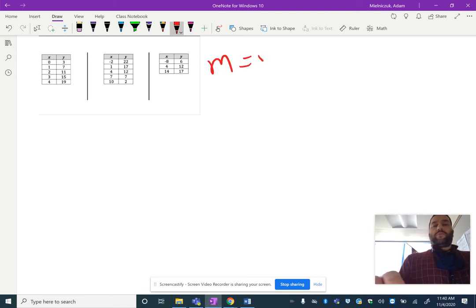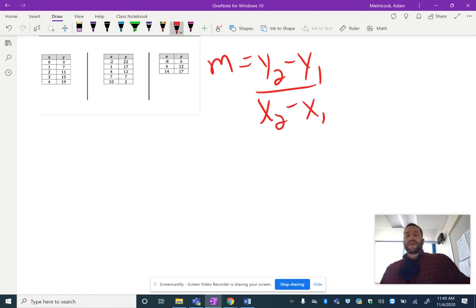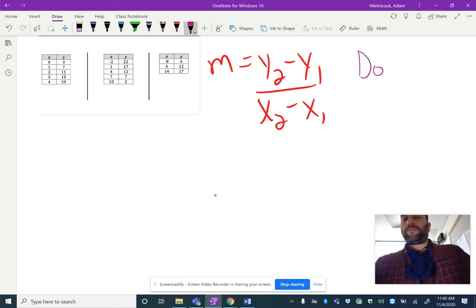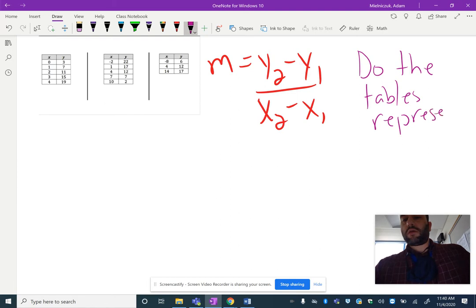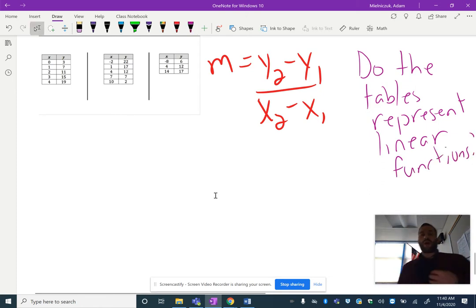All right, so we have three separate tables here. Okay, and what we want to do for each of these is determine if the table represents a linear function. So our instructions are: do the tables represent linear functions? Okay, to figure this out, we want to find the change in y,